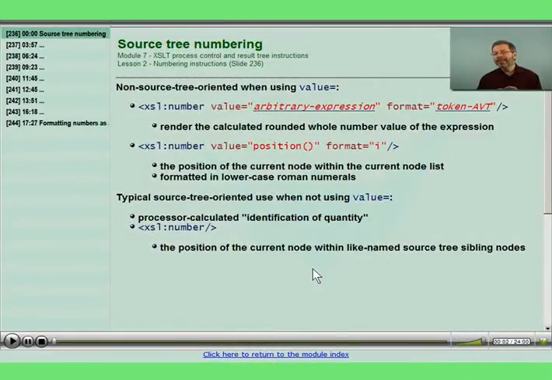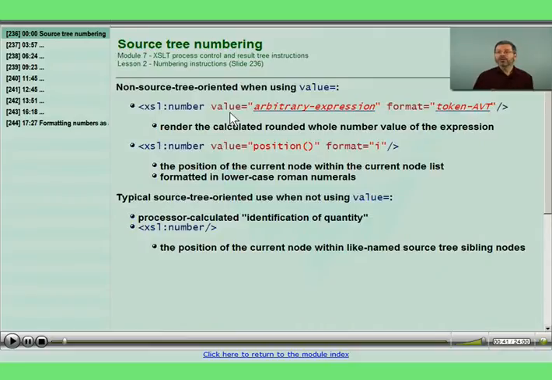Now let's look at how we can count information in the source tree and add these numbers to the result tree. My confusion with XSL number when I first worked with XSLT came from the designers conflating two different functionalities into one instruction. Once I understood that there were two different things possibly going on, I then understood this instruction better. So I want to focus first on this value attribute, because when the value attribute is present in XSL